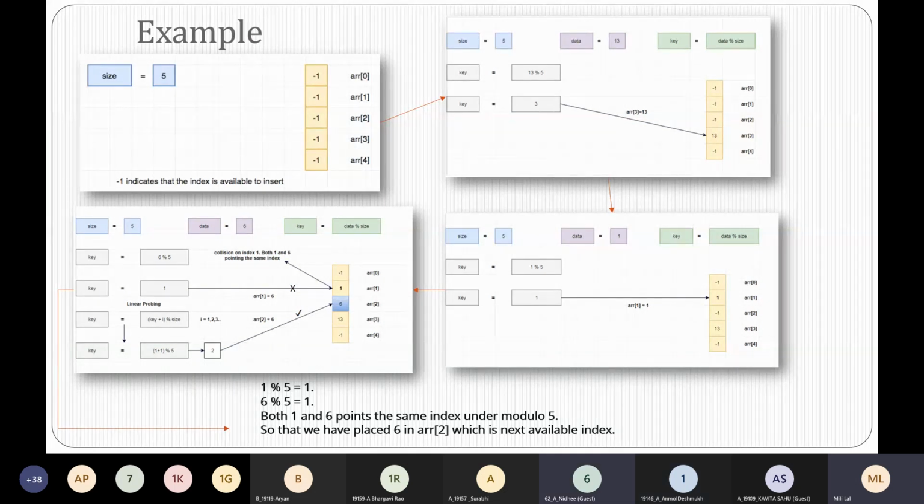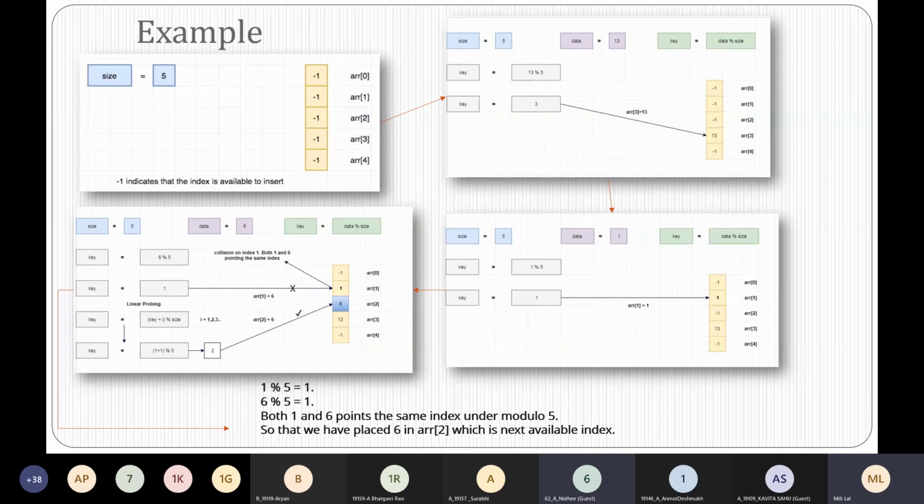Okay, now let me ask you a question. Suppose index 2 was also not free. Then what will you do? Index 2 अभी free है, but suppose index 2 was filled with some other value. Then what will you do? Key plus 2. So 1 plus 2 gives you 3, 3 mod 5, so you get 3.